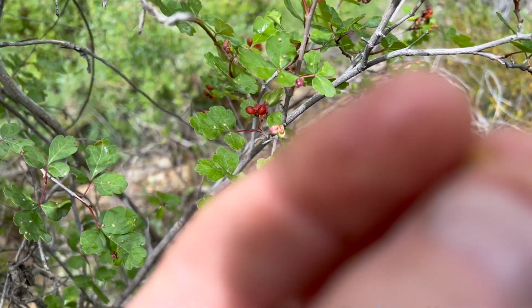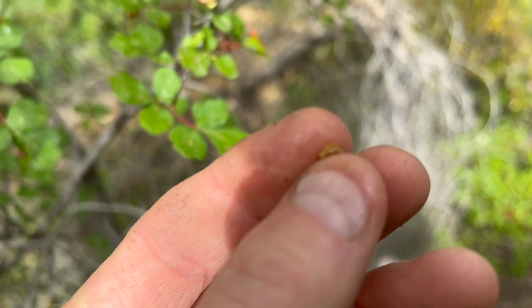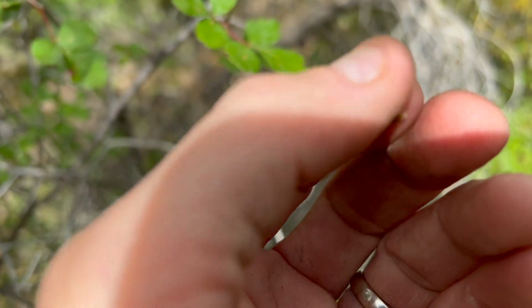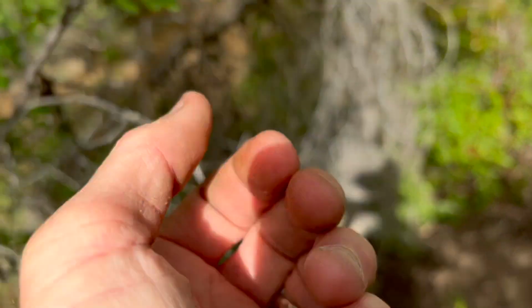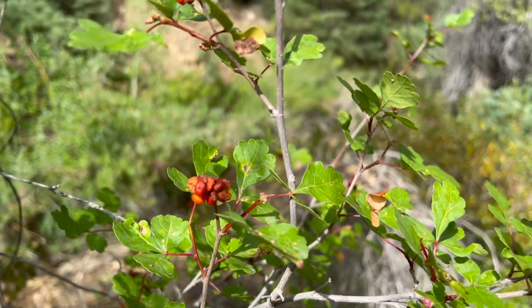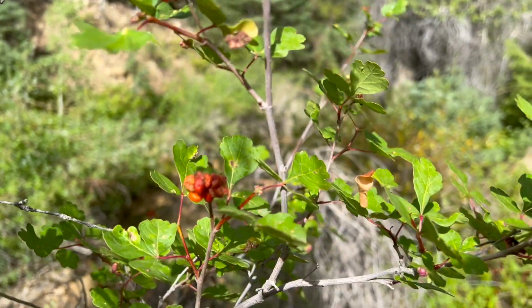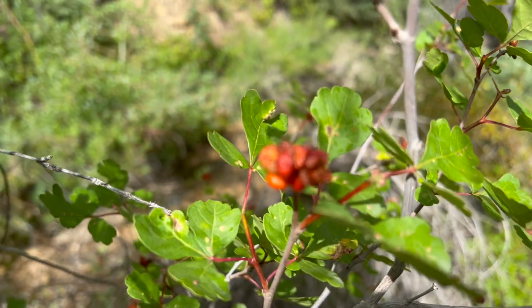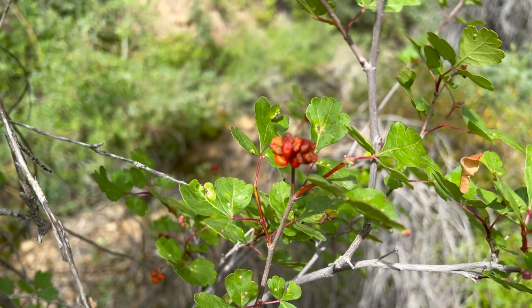and then the seed will fall free, and you'll have that seed there, which you can try planting. I have not yet had success getting one of these to grow, but I have not tried very much yet. Mostly I've just had fun nibbling the fruit and throwing it out to see what grows when it wants to. Some seeds, by nature of the way they're genetically formed, prefer to wait a couple of years, or they want a really hardcore cold stratification. So I'll have to look up, maybe we'll do that later, what the